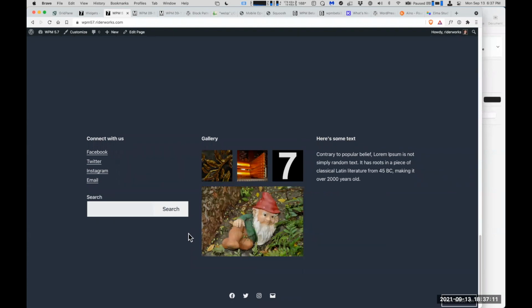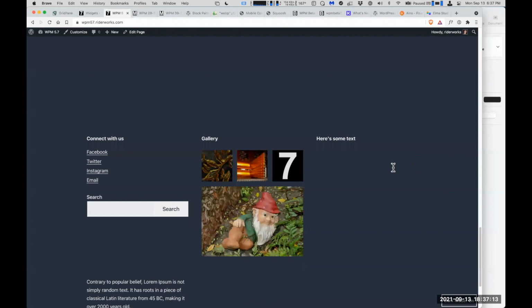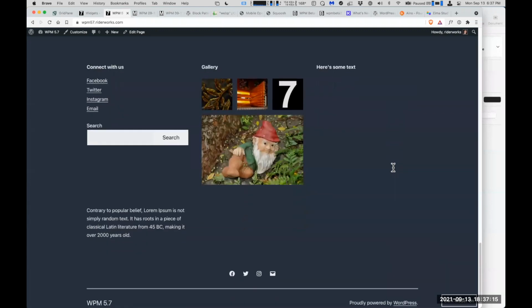This is going to get shoved down over here because it has lost its bearings, so to speak. They belong together, so they need a group. This is for the widget area. This may not apply at all to when you're actually building out a page. You don't necessarily need to group these things. It just depends. But in the widget area, you do. It's a good practice though, because